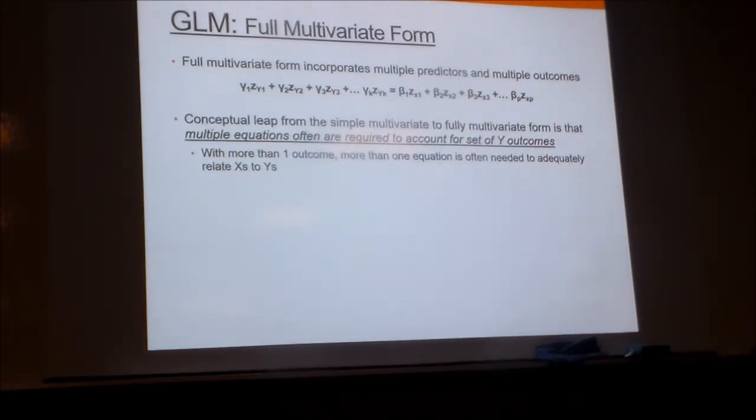So the difficulty, the conceptual leap when we go from our single multivariate models to our full multivariate models is that if we've got multiple dependent variables, sometimes we need to have multiple equations. So we don't just have one regression equation. We've got to have a number of different equations in there to sufficiently characterize the relations between our groups of x's and our groups of y's, okay? Think about this as solving an algebra problem with multiple unknowns, right? If I have